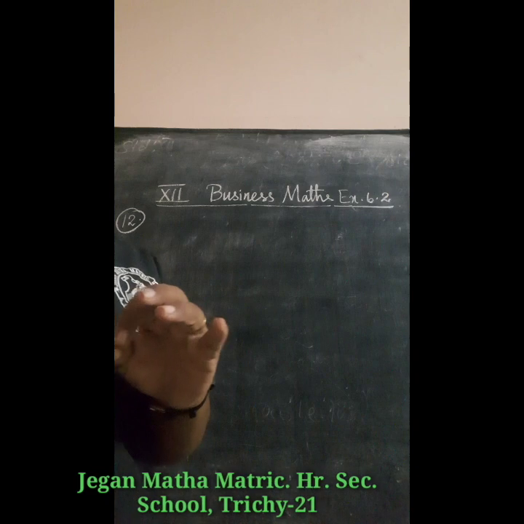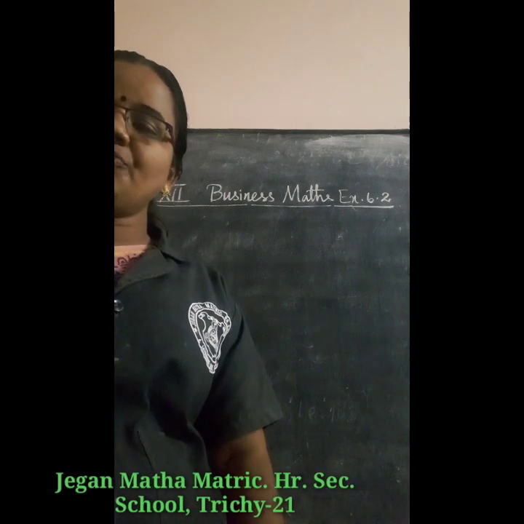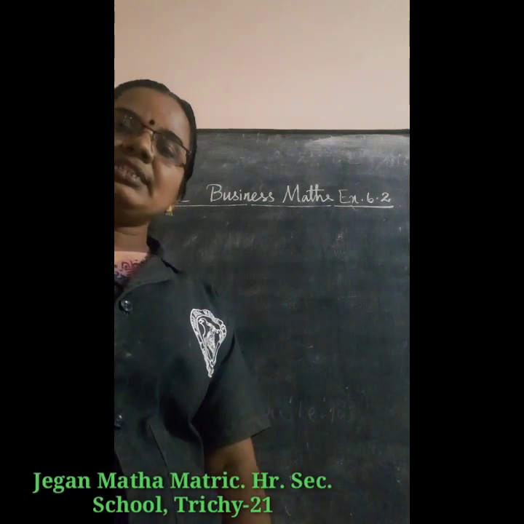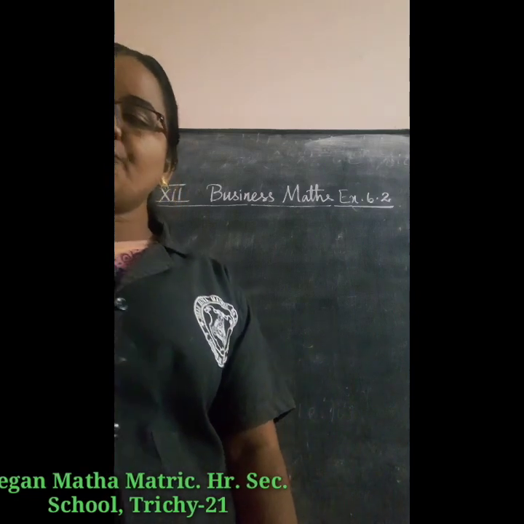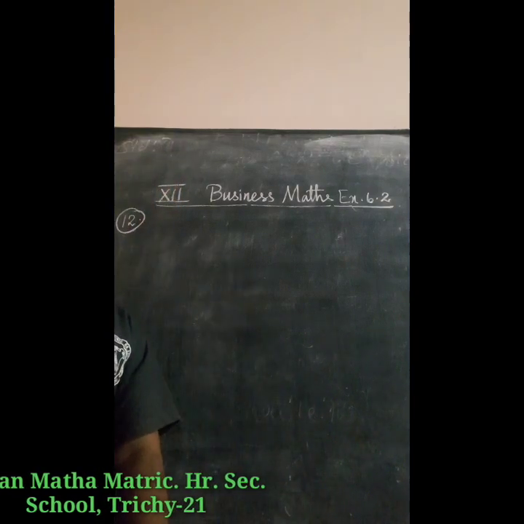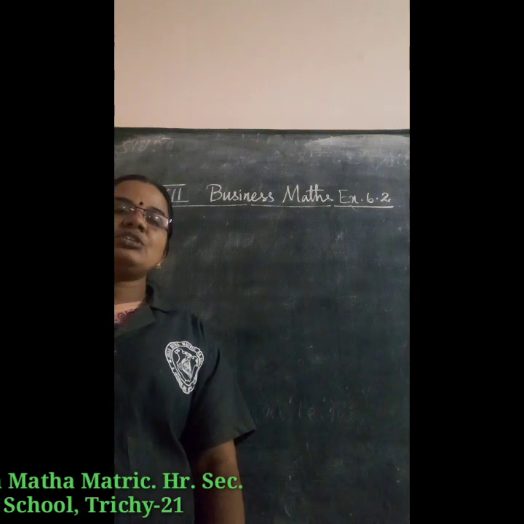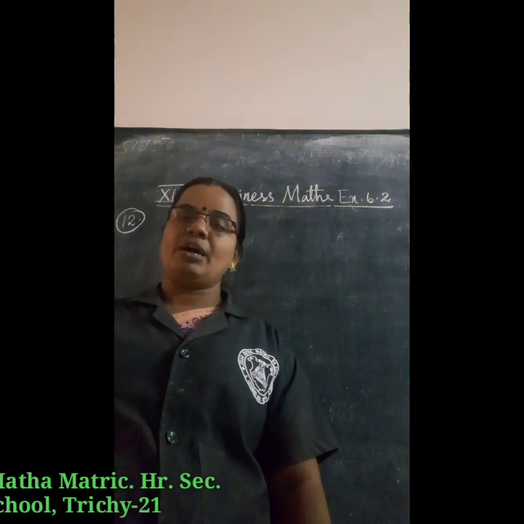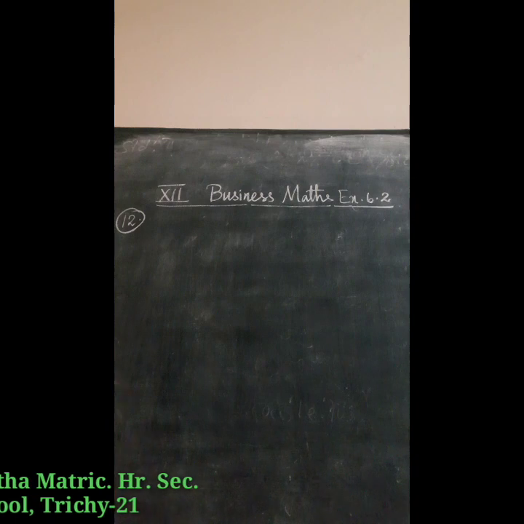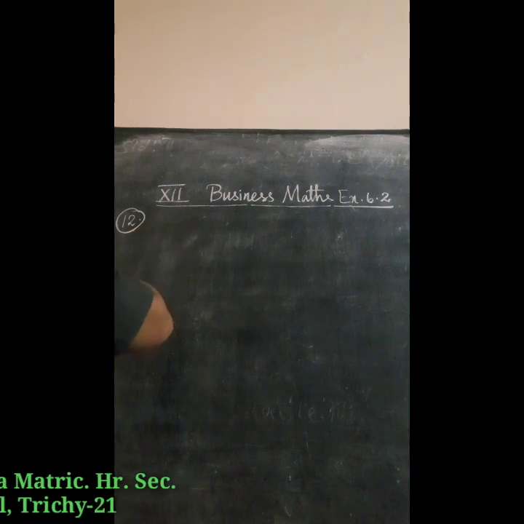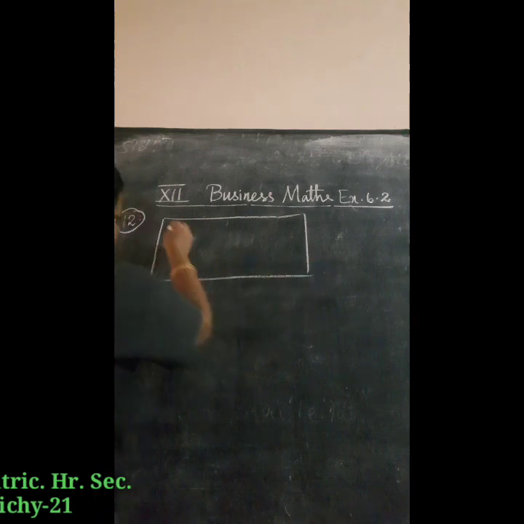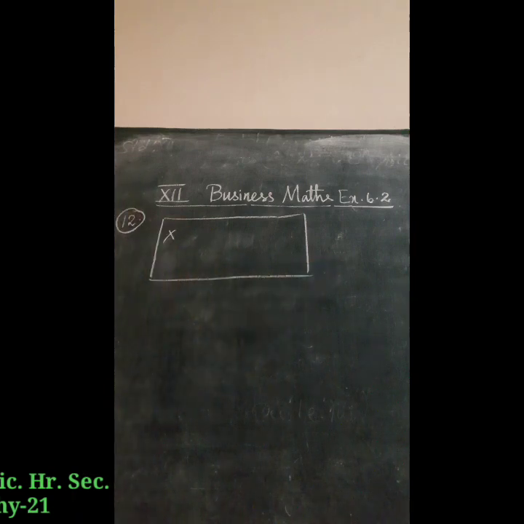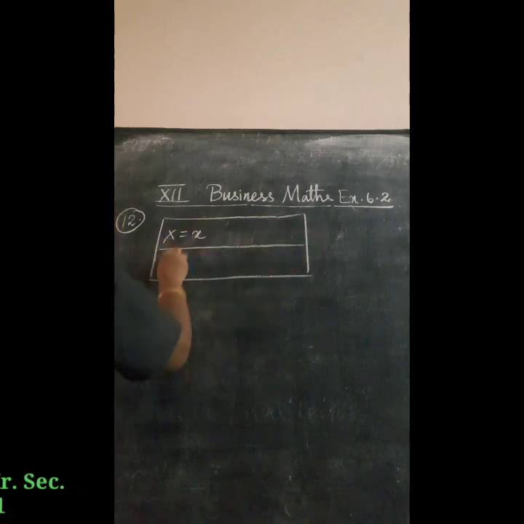So, first, what is given in the question: profit of 2000 should be considered as a positive value, and loss of 1000 means you have to consider it as a negative value. First you have to find out the probability mass function. How to write the probability mass function? It is x and P of x.